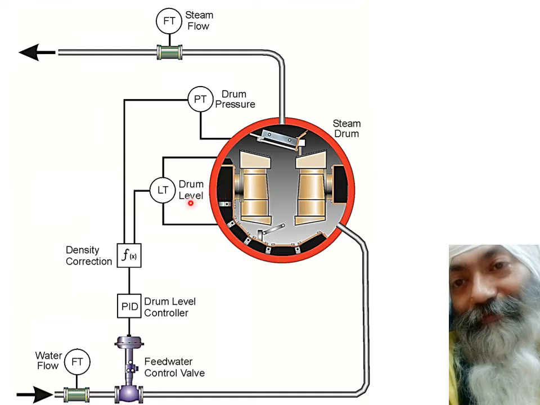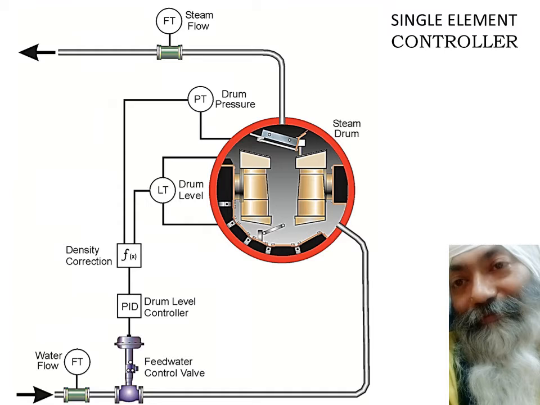So these two sensors primarily are computing the level of the drum in this boiler. It's a simple conventional control, and if the level decreases, then we have a PID control. It opens the valve to increase the feed water, and it tends to make the level go up. So this kind of boiler is a simple conventional boiler, and this is known as single element control.